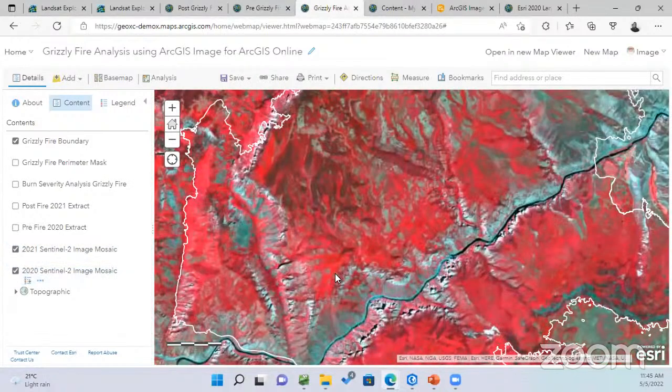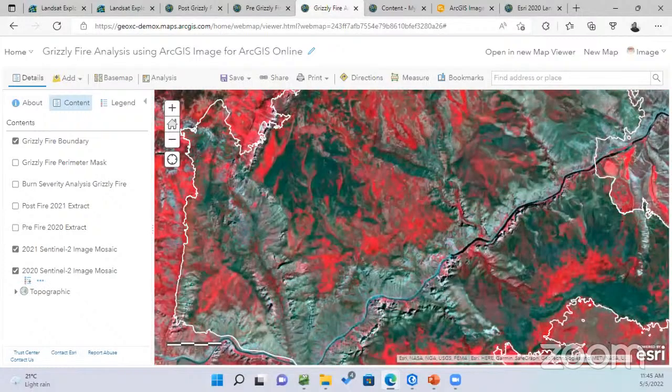So using our imageries, we are now able to use a different raster template to extract the pre-fire and the post-fire results and analysis from the